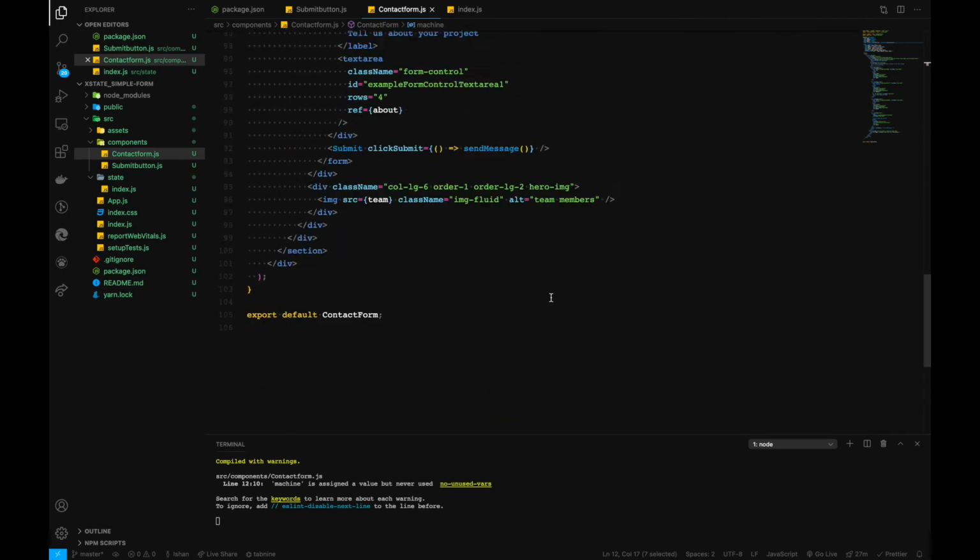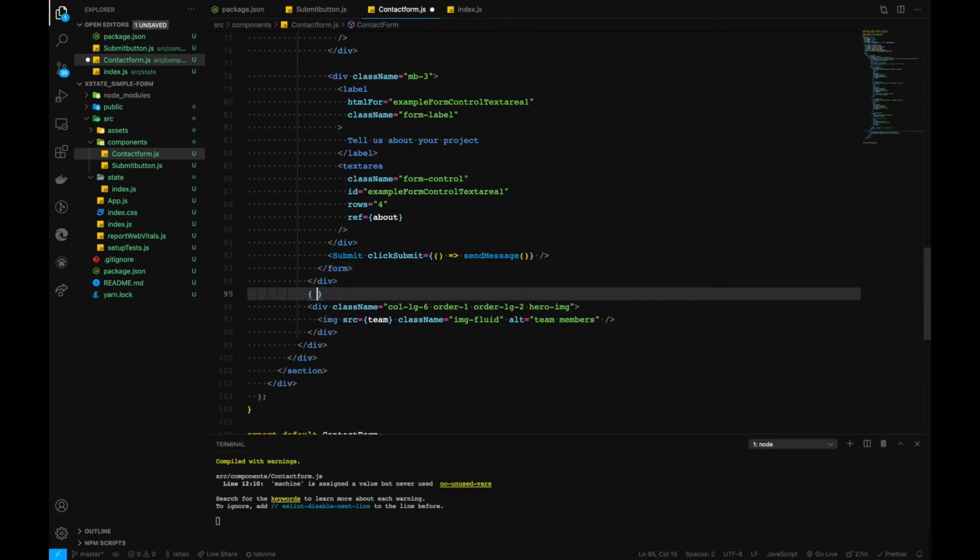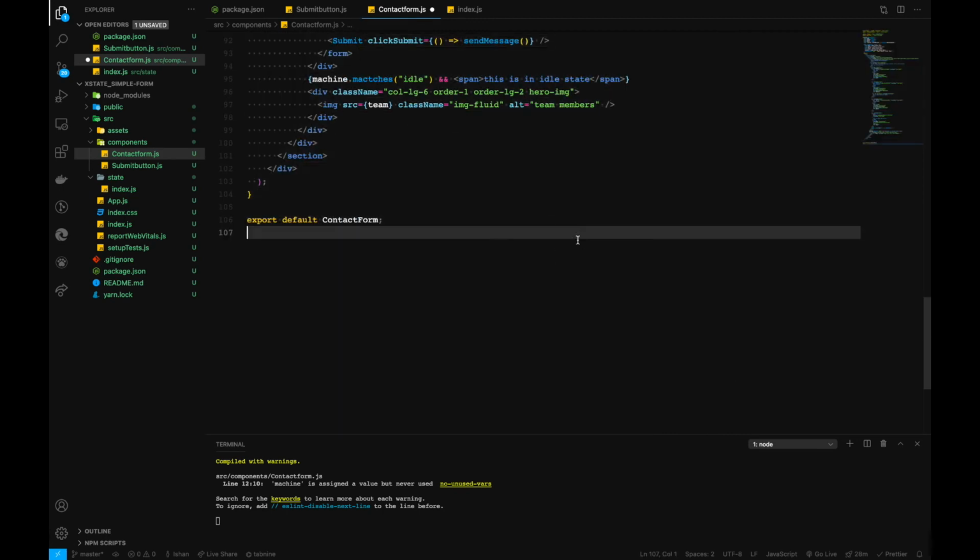Okay, so basically we can use this one probably around the form tags or inside here. So machine dot current, I think it's machine dot matches. So it's basically if it matches that particular state that we have, which is first idle. If it matches the idle state, then we print out this particular thing that we see here inside of our user interface. So this is in idle state. Let's print this one. So if we hit save,